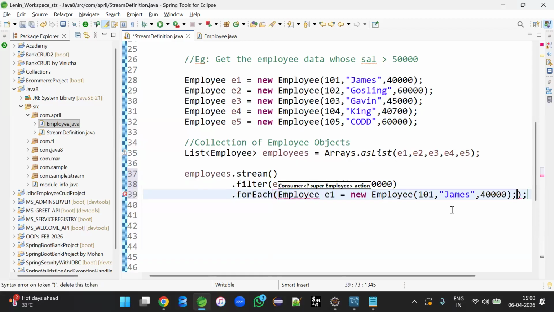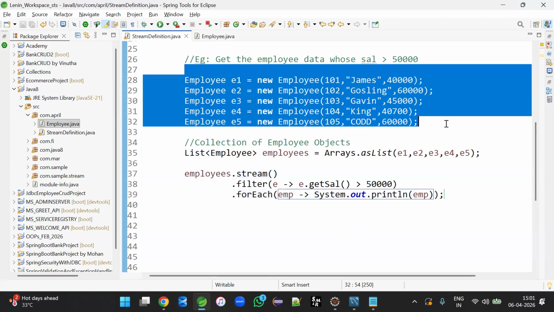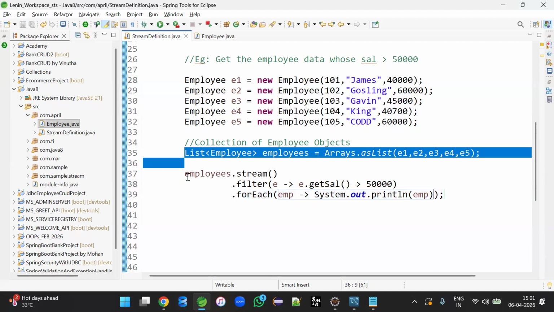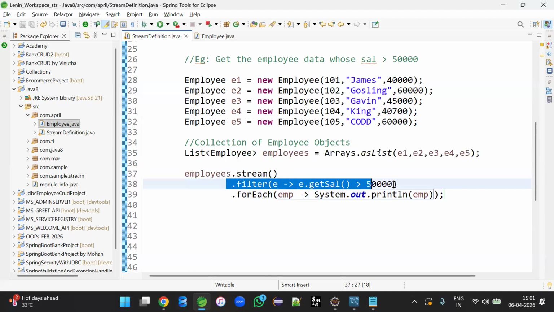Then I think we have copied. Now I'll go for any variable, then print the variable. Any variable you can use, print the variable. The semicolon and default print syntax is additional. So this is about collection. First, multiple employee objects, then a collection of employees, then streaming the employees, filtering based on the required condition, then